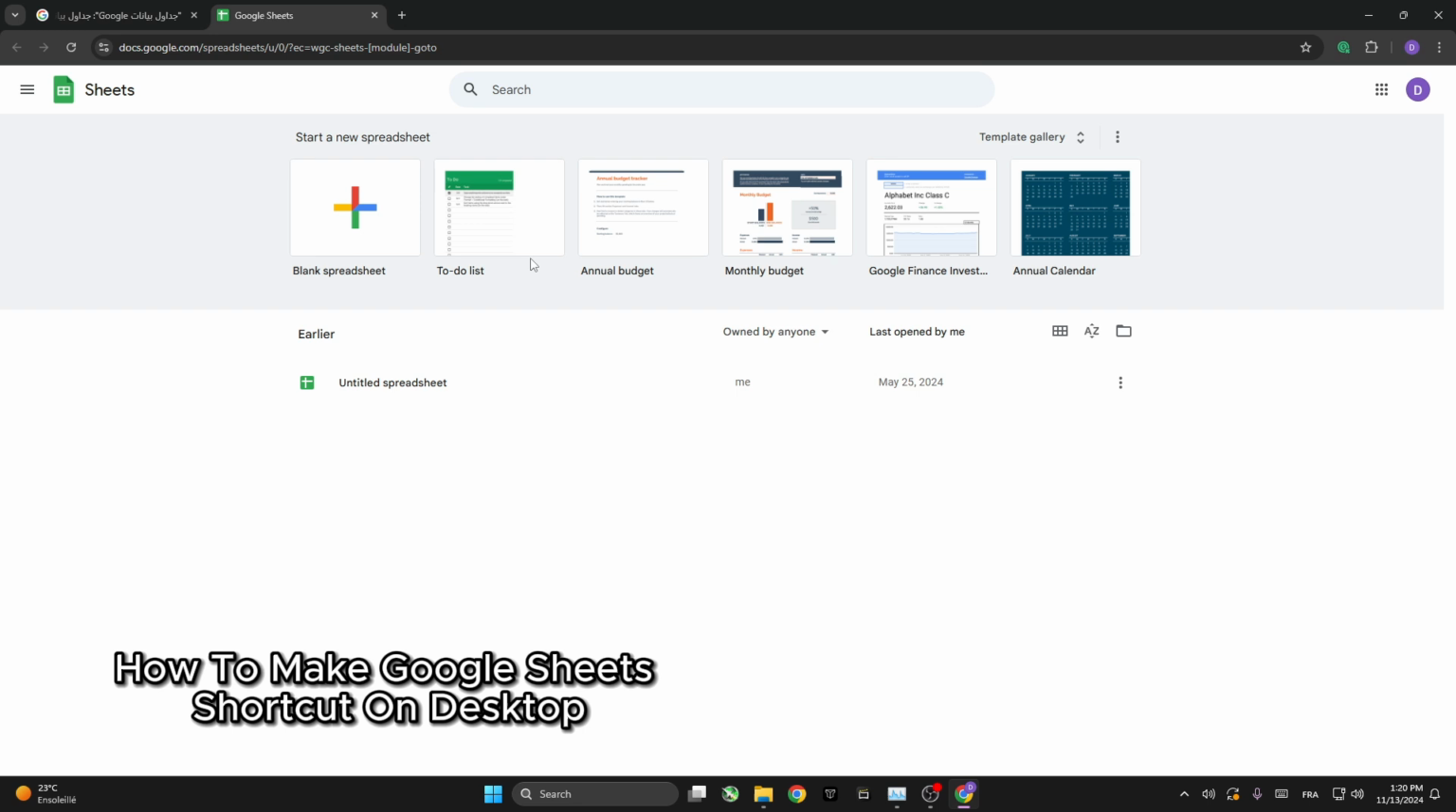So there are two specific ways. First of all, open the Google Sheets. And the first method is by opening Google Sheets dashboard, and you can simply add it to your desktop, or you can choose a specific sheet. Let's go with a specific sheet. Let's open a blank new,